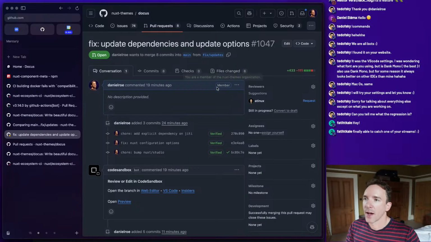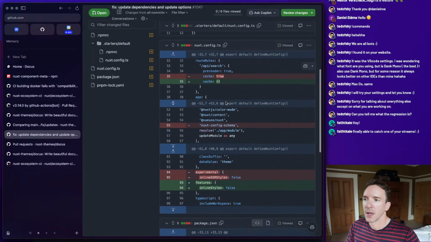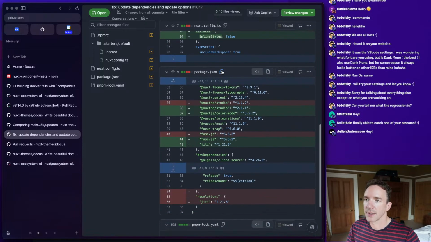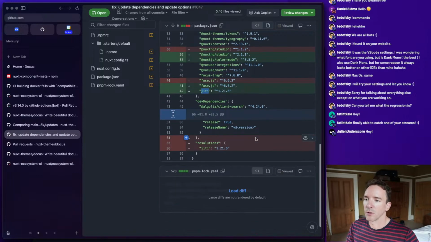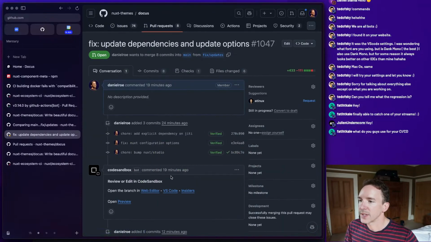Okay, so the changes here are: we are not hoisting. We've updated the dependencies to be the latest Nuxt ones. We've added a package we were depending on. We've added a dependency on an older version of JITI, and now we've removed it from the resolutions. And if this is still working,